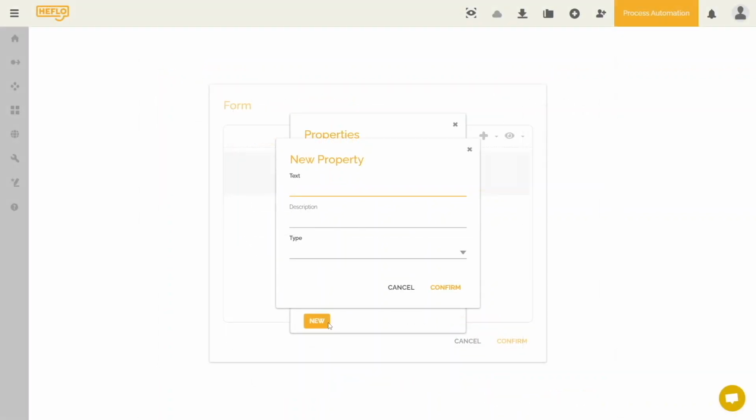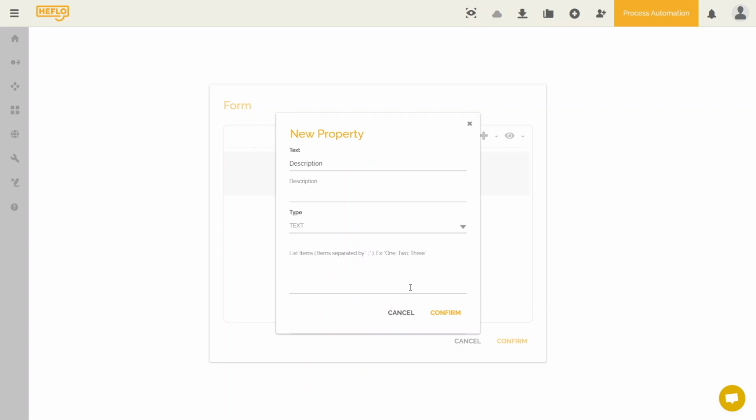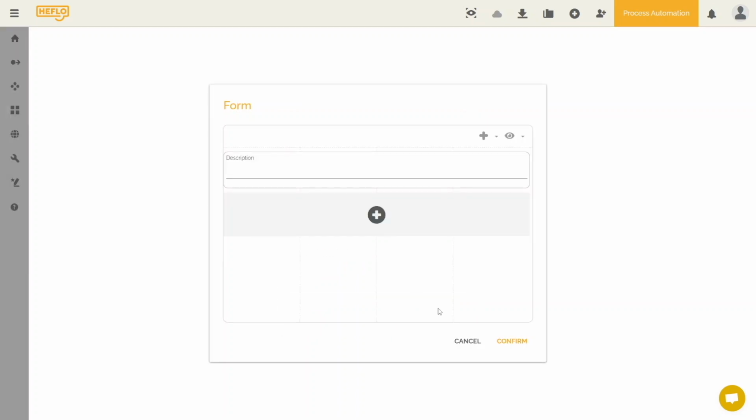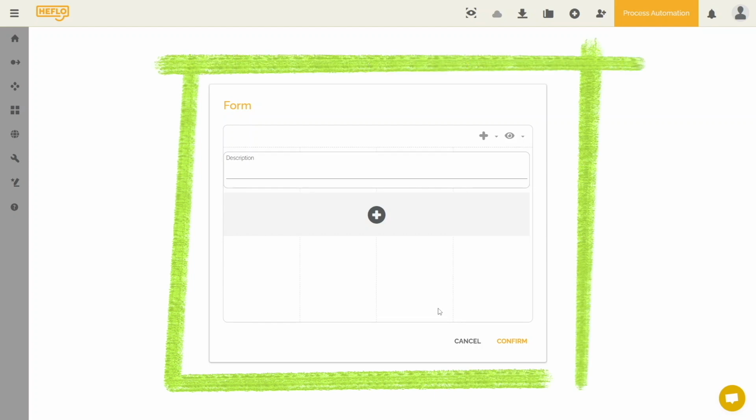I will create here a field called Description. It is not necessary to put the description of the description. And here, I select the type of information that will be displayed and stored. A text type field is a free entry field. We will also talk about other types of fields, but for this first lesson, we will only use text type fields. In our case, the description will be a text type field. Perfect. Now look at our form. In this form design, it already allows me to see how it will look and what my user will see.